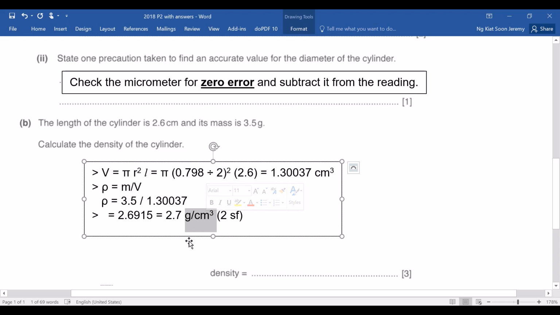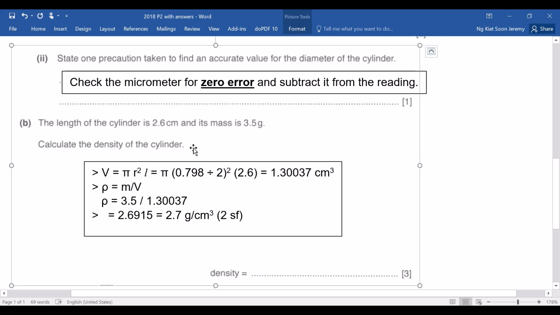Clearly, in this question, I didn't go for SI units primarily because the question didn't ask me to give the final answer in SI units. So I do not always need to give SI units as my standard answer unless the question tells me to. If you had converted to kilograms per meter cube, because that is SI units, it is perfectly fine, as long as your calculation is correct. However, if the conversion has some error, then of course you will lose marks for it. So don't be too surprised that this is